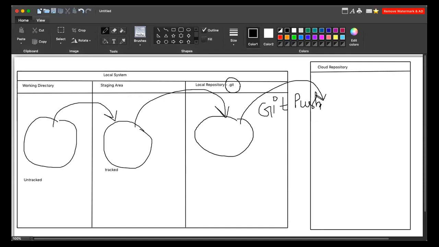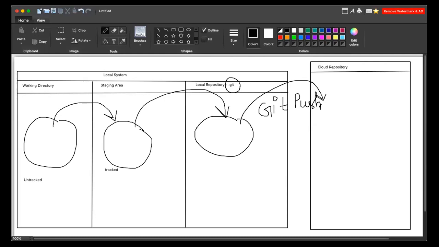Abhishek, yes. The structure makes sense, but when you say working directory, is it files and folders in a specific place, and the staging area is something that we can visually see, and the local repository? I'm just trying to picture in my head where this sits on my local system.